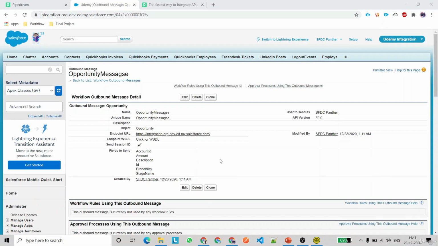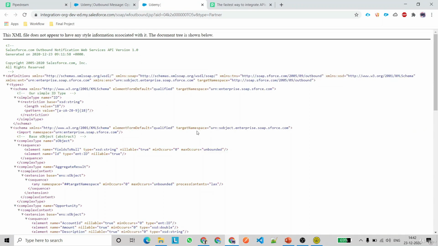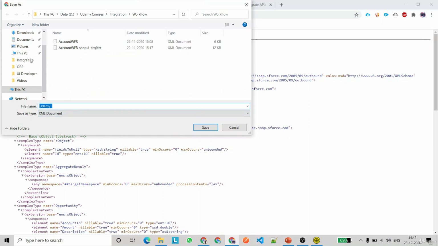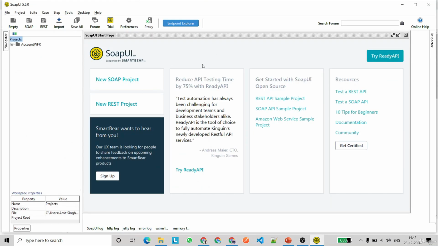Once you have saved your outbound message, if you look here, there is one link which says click on WSDL. Just click here. It is going to generate a WSDL for you. Just save this WSDL. I'm going to save it under this location. I will name it opportunity WFR, which is my opportunity XML. Okay, I'm going to save it. So we have got our WSDL file now, and the next step is to open our SOAP UI software